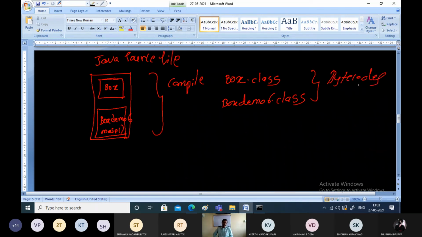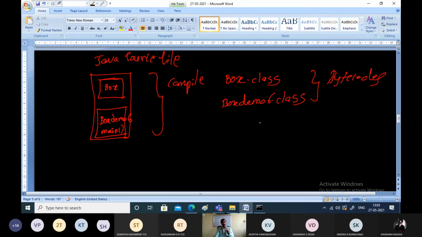These two are the bytecodes. If there are 10 classes in the Java source file, once you compile the Java program containing 10 classes, you will get 10 bytecodes. Whatever may be, one bytecode will be created for one class. Now that is half part.